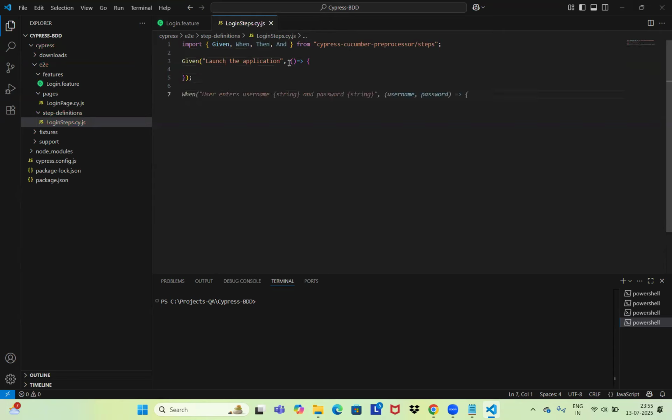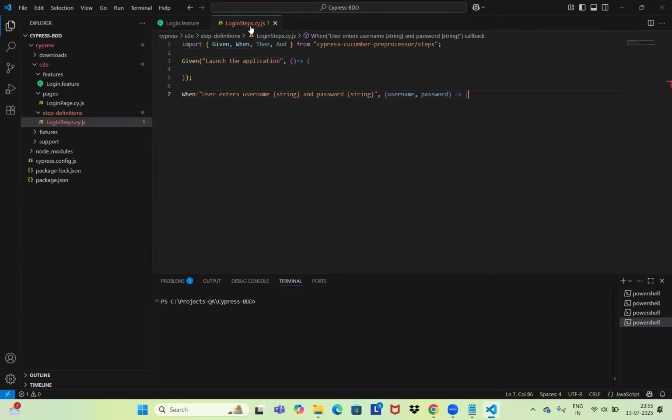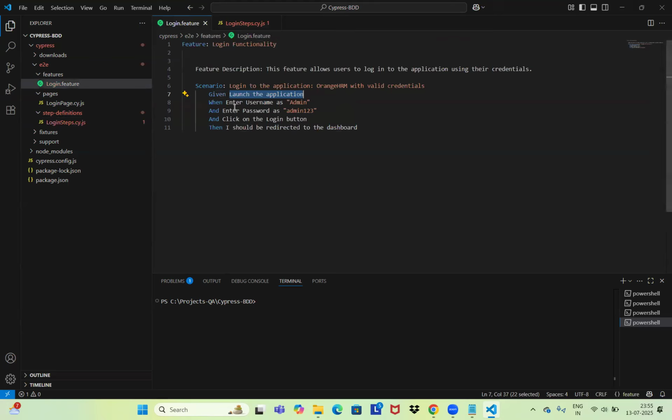Okay, this is our given test case. Now we will add enters username and password. Here I have created two steps, right? When user enters username, here enter username as